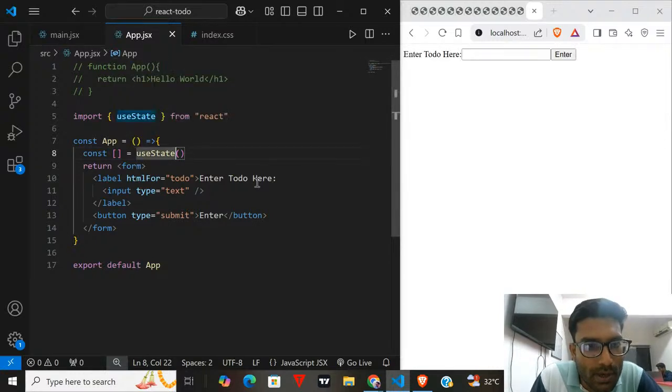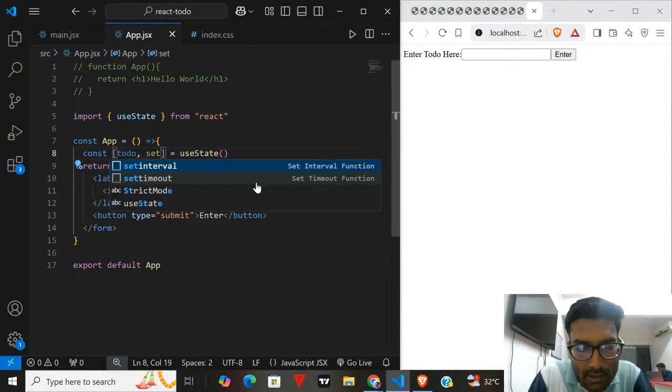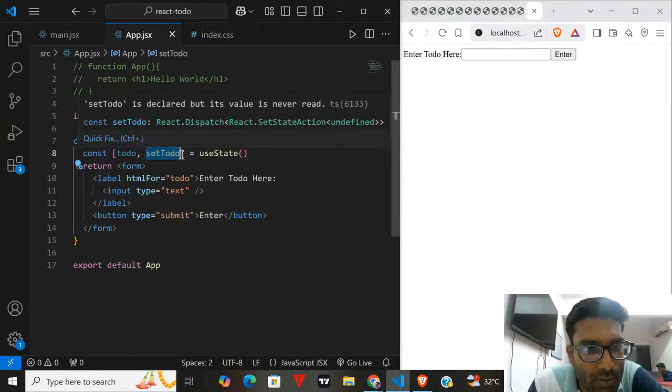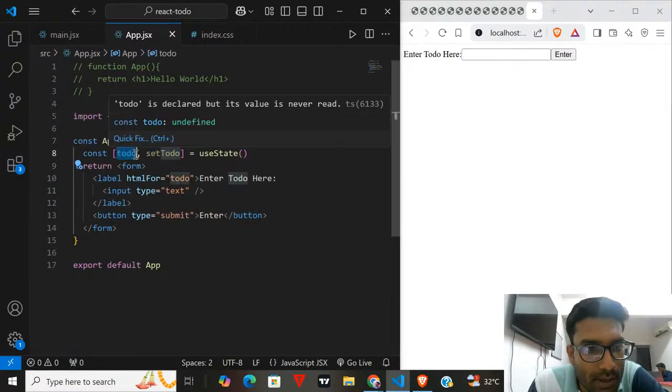This is how we make hooks, like we call functions. Let us make two variables now. const todo, and the other one will be setTodo. What React tells us is not to change variables directly. Use this function to change anything that you want in this variable.